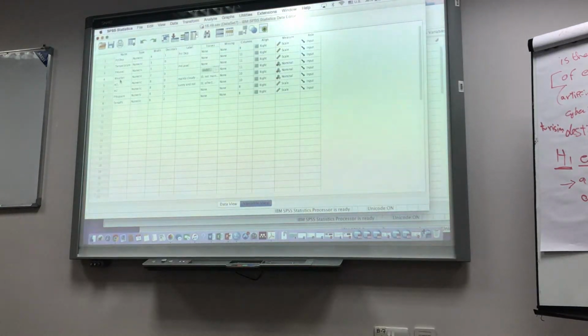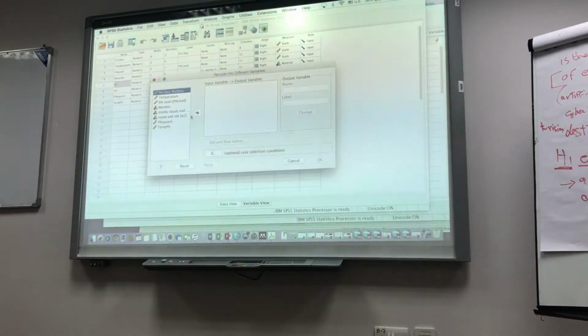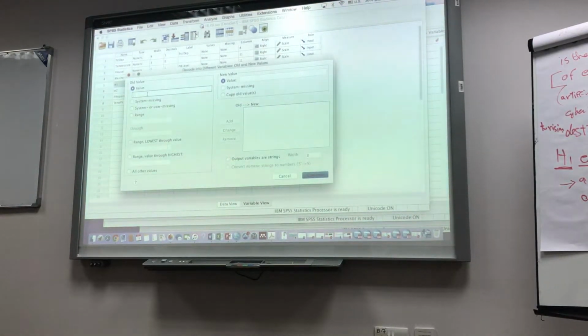So we recoded the weather variable into two dummy variables. To do the recoding, you'll go to transform and recode into different variables. Then we need to give the value for each of the variables. So we can name it as, for example, weather1, W1, as a new variable, and you change the old and new value. Old value 1 and new value is also 1. And then all the other values should be 0.